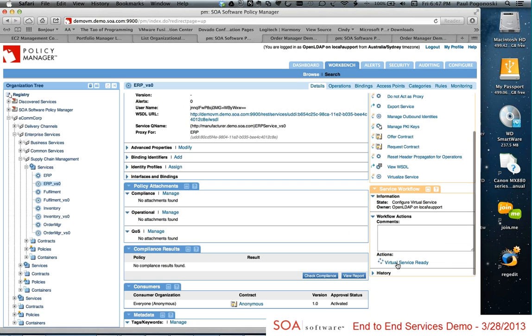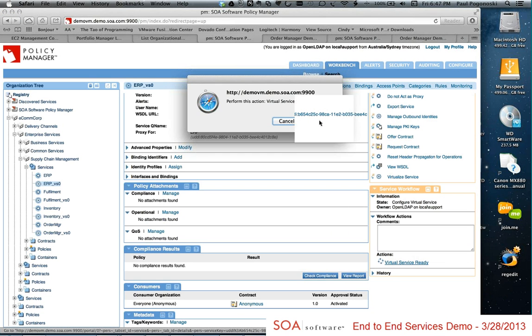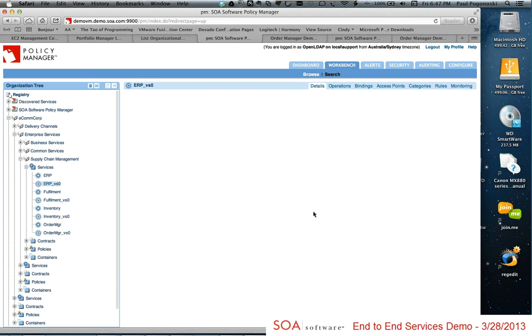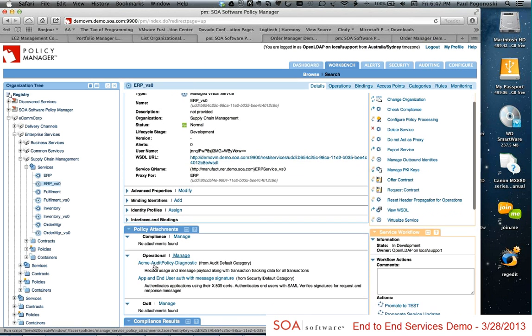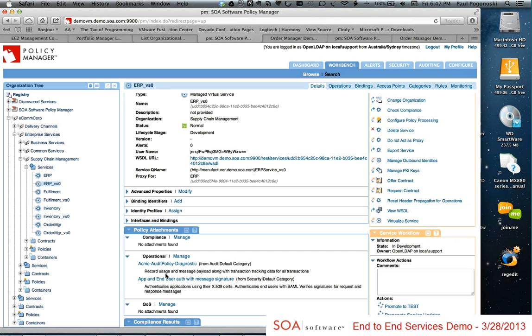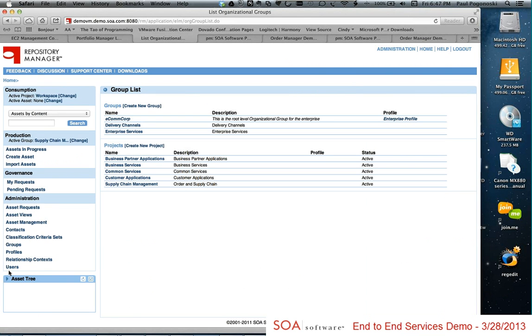But with our workflow, we're saying, well, we've got a virtual service that is ready. And once we do that, it's kicking off a number of different actions in that workflow, one of which is to copy over all those categories and everything over there. The other one is to match the categories to a mapping between those categories and the physical services that have been defined. So you see what happens as soon as this is complete. You see now we've got policies attached to the service that we never had before, and we didn't define them as happening before. However, where we did define them was over in Lifecycle Manager, when we produced that relationship